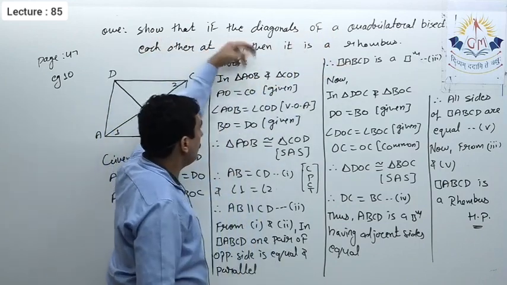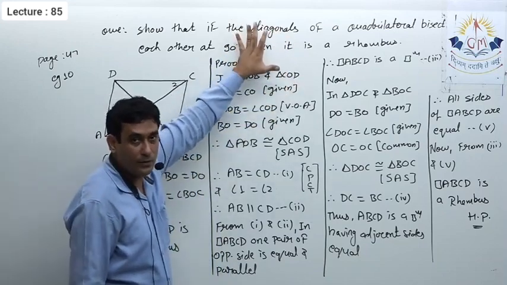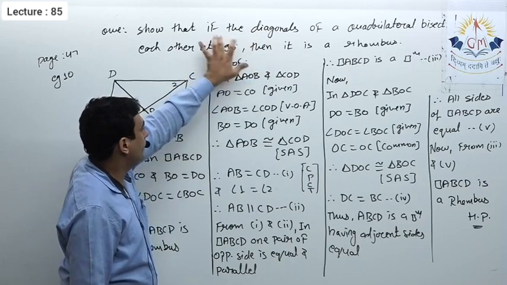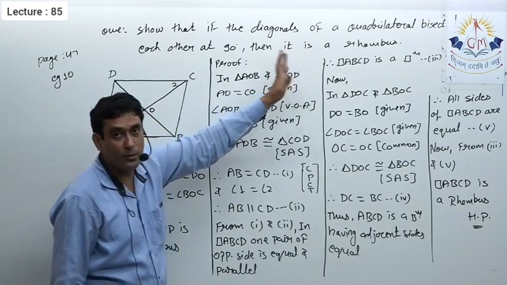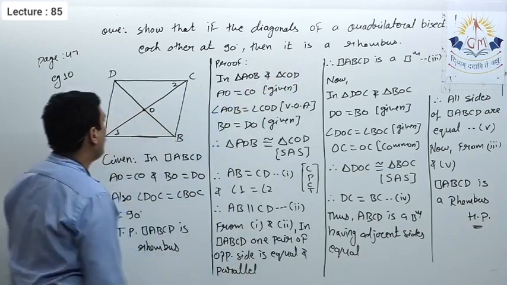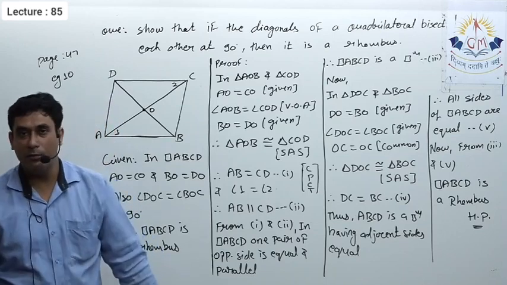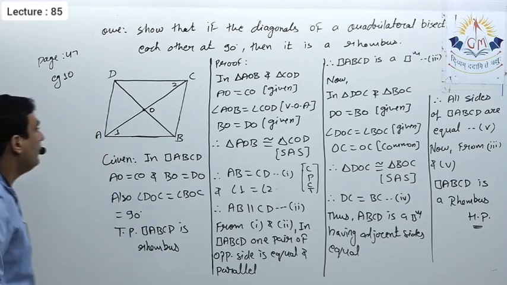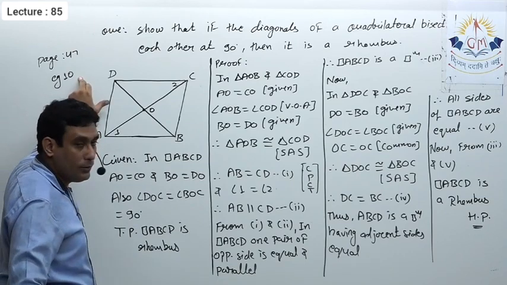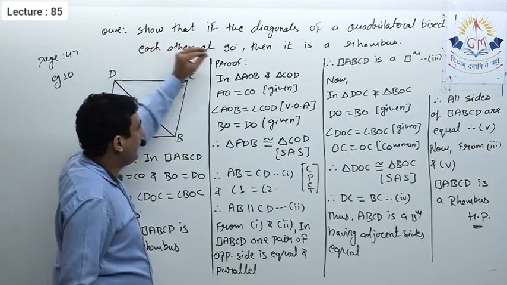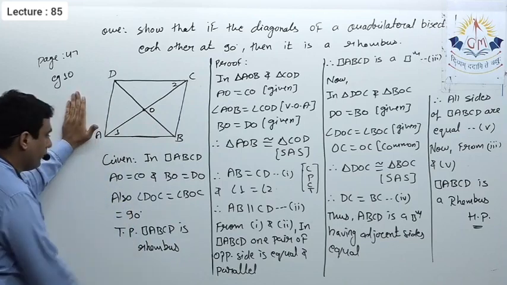Okay, now see, when it is asked to show that if the diagonals of a quadrilateral bisect each other, then you are not allowed to use the properties which are given as well, because definitely if the property holds it is a rhombus, but we can't use these things directly to say that it is a rhombus. We have to use other properties to prove that the particular quadrilateral is a rhombus or rectangle, whatever was asked in the question. So note it down, then we'll see the next question that I told you, that is question number 12. There is a very minute change in this question, but first of all note it down.